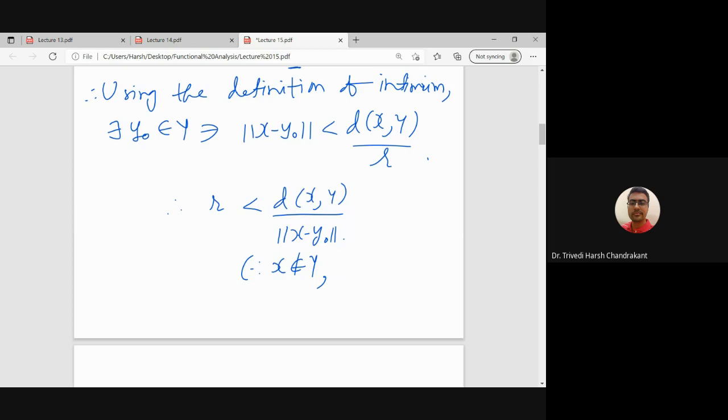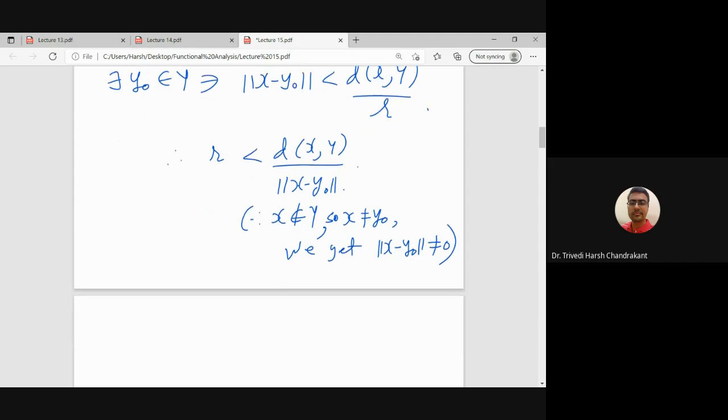So that means x is not equal to y naught, and since x is not equal to y naught, we get the norm of x minus y naught non-zero. X is not y naught, that means x minus y naught is a non-zero vector, so its norm is also non-zero. So therefore we can divide by a non-zero number. So now we got this thing, and then